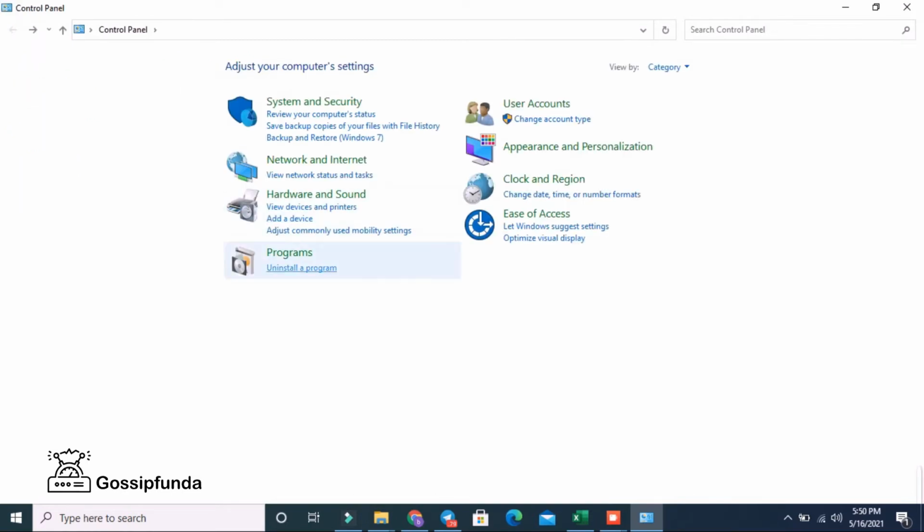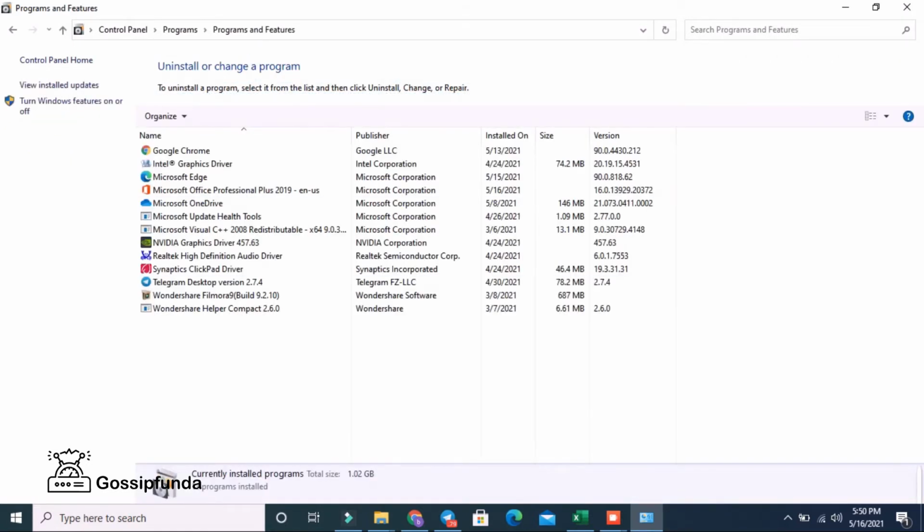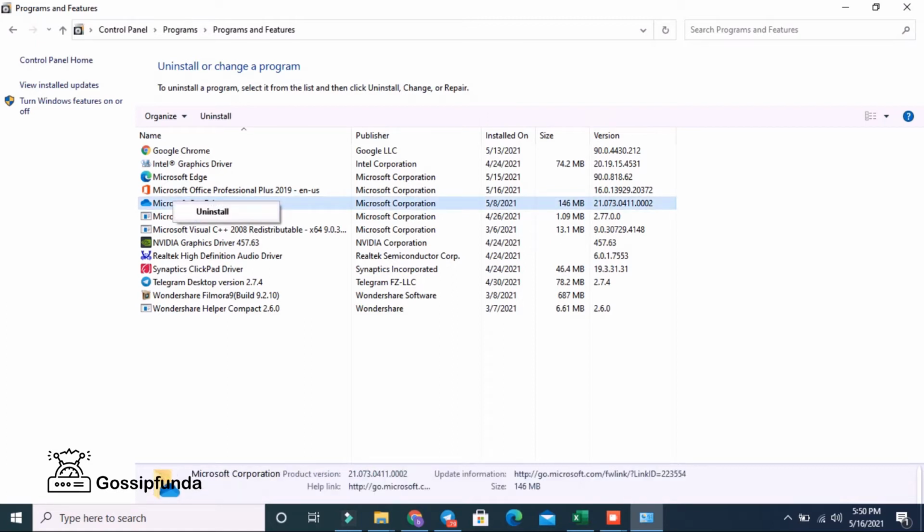Now choose the uninstall a program option under the programs and features option. It is the first option on the right part of the window. All the programs installed on your computer will be shown in the next window. Choose a program and then right click on it. Choose the uninstall option from the menu. Click yes if you are prompted and then wait for the program to uninstall. Now use your computer as usual and see if the issue still exists. If you badly want the program, then just uninstall it, then try installing it from a different source.